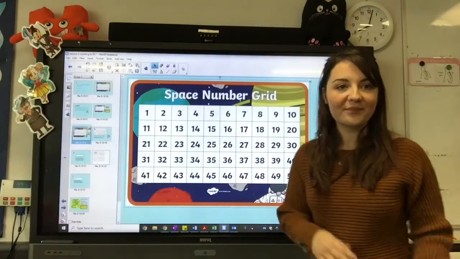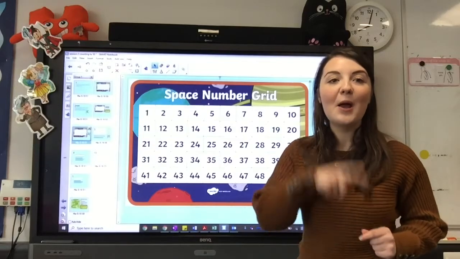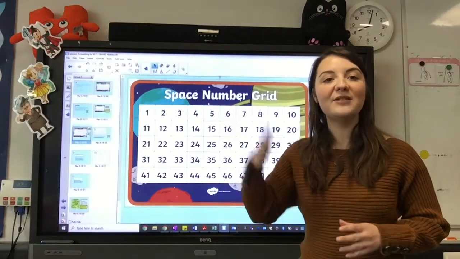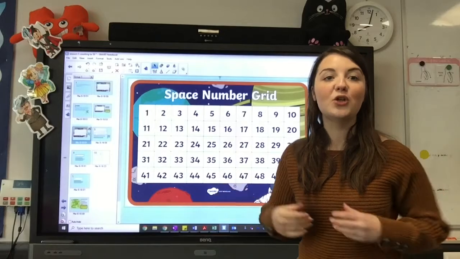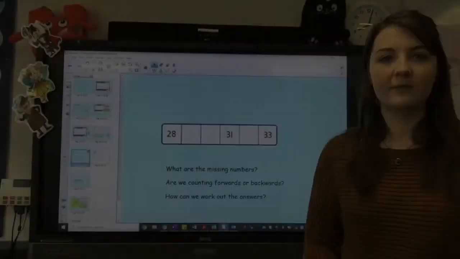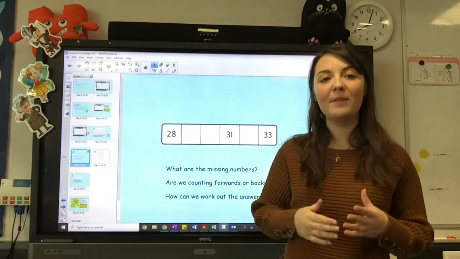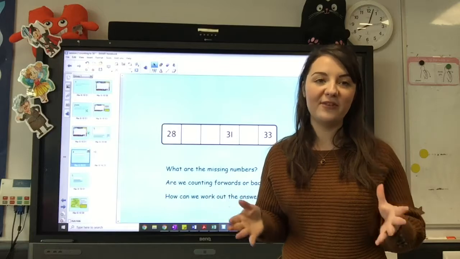Can you carry on playing this game with your own 50 squares? So close your eyes, point to a number and practice counting forwards and backwards to other numbers on your 50 square. Okay, when you've practiced learning a lot more about how to count forwards and backwards within 50, that's really going